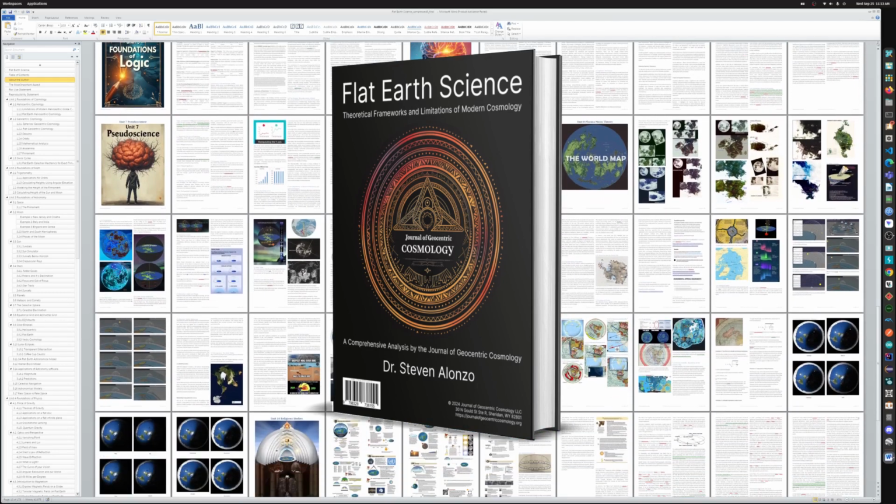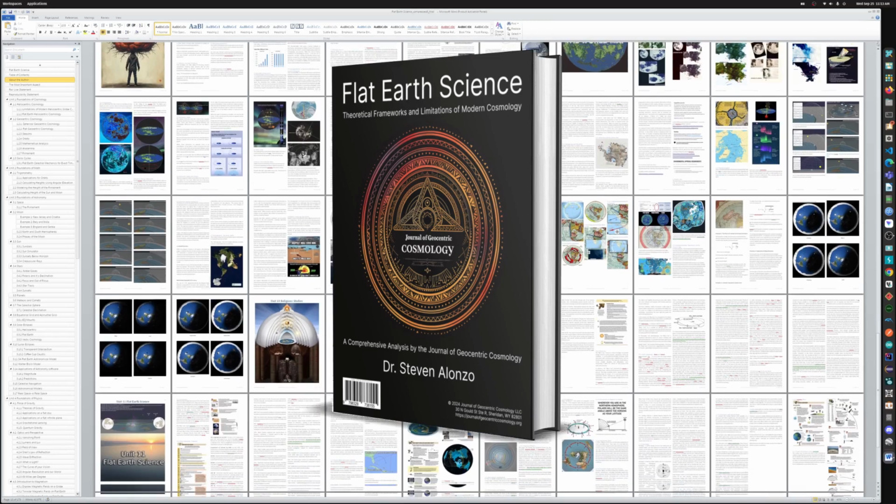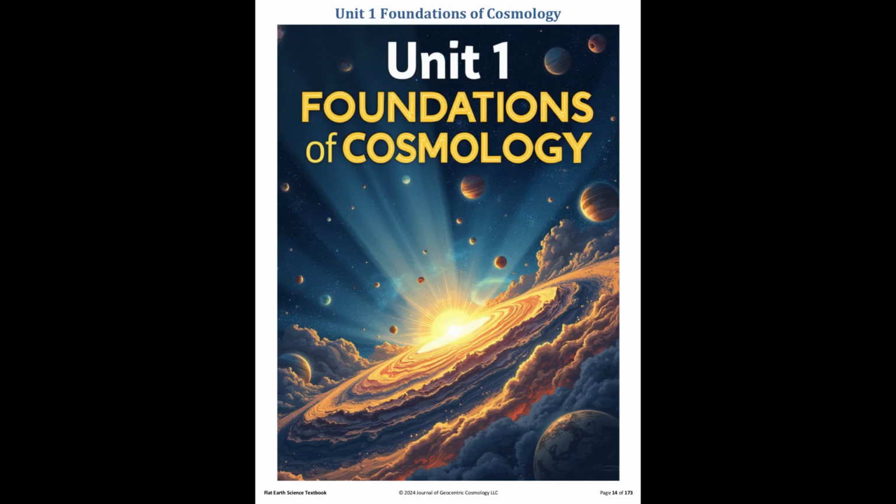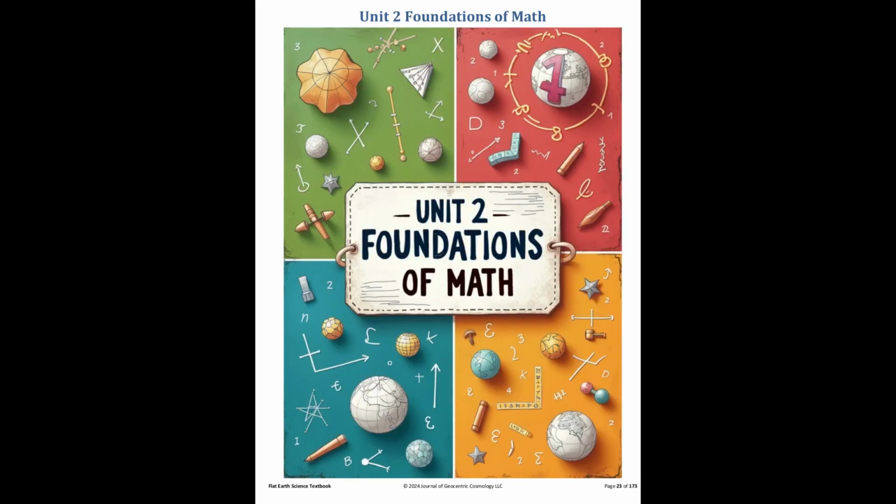In Unit 1 Cosmology, we take a look at both heliocentric and geocentric cosmology, along with the limitations of their modern frameworks. In Unit 2 Math, we learn how to use trigonometry to determine the height of objects we cannot measure. We also derive a mathematical formula for the dome firmament and use it to correctly calculate the height of